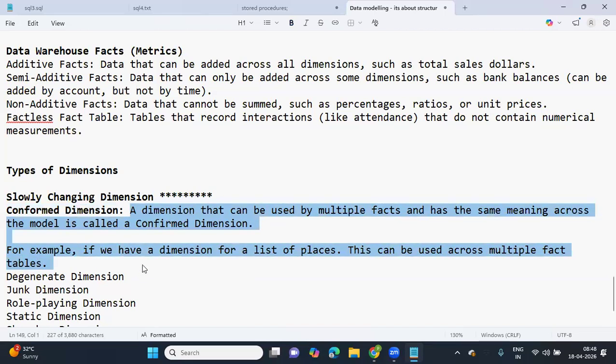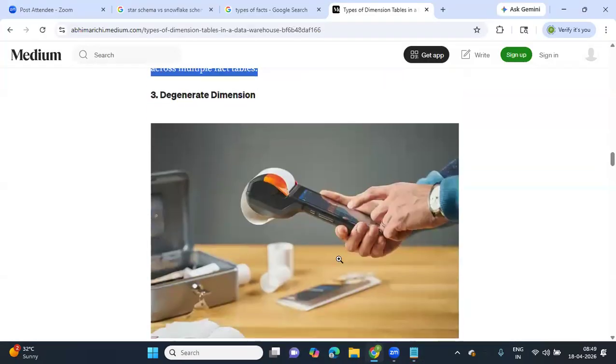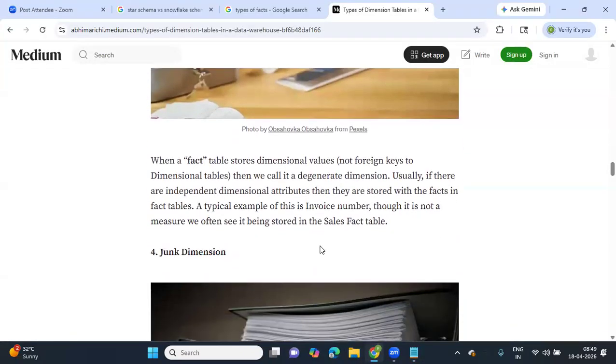Okay. So now the degenerate dimension. Each dimension having the equal importance. So let's say when a fact table stores dimension values, not foreign keys to the dimension tables, then we call it a degenerate dimension. Usually, what does a fact table hold? It holds the dimensions, but they are all foreign keys. If you look at our